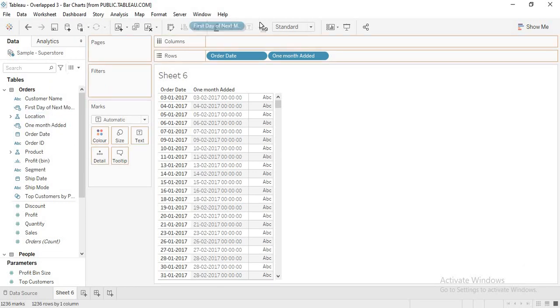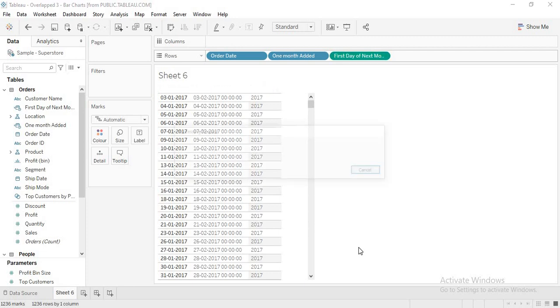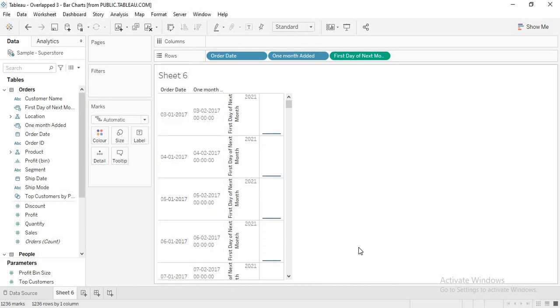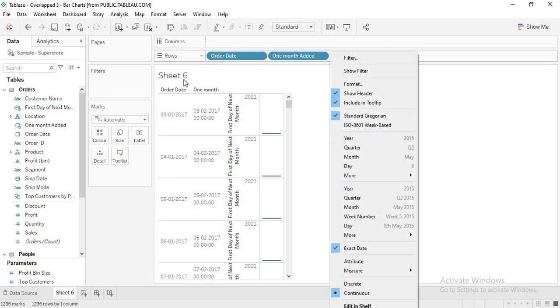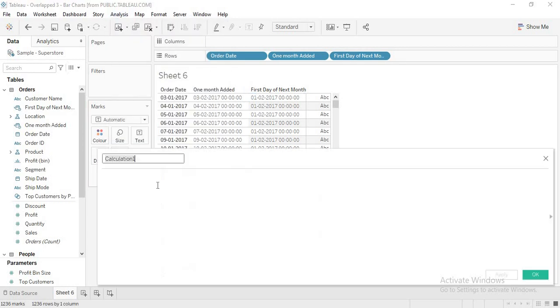Let me drag this in here. Again, if I drag it here, I'll show you the issue. Now let me click on exact date. See, it takes time because it has to render the view. If I put it in columns, it is just adding new columns, so it will be easier for Tableau. Whenever you are working with dates or switching discrete to continuous, it's always better to do it in a separate field like columns or rows. Let me click on discrete. Now we got to the first day of the month. Now what I'll do is subtract 1 day from this.